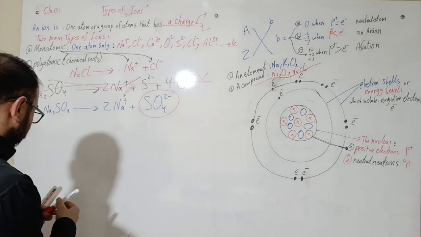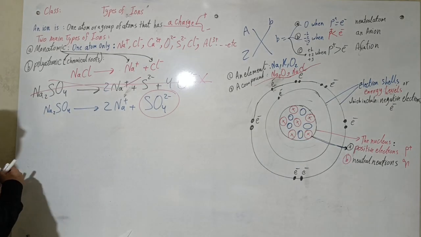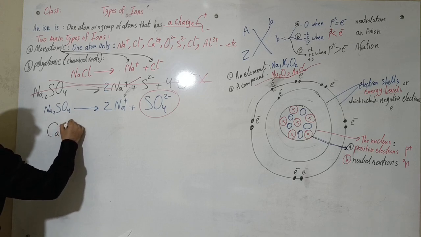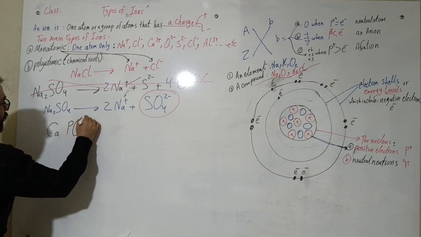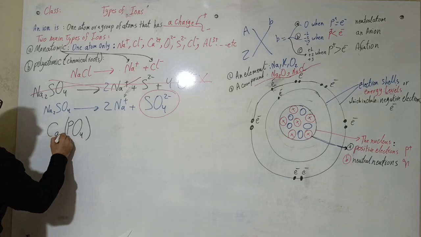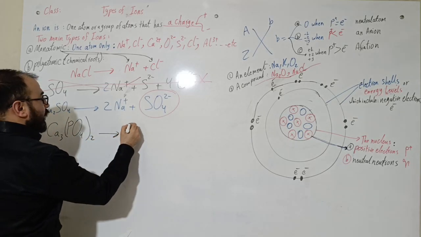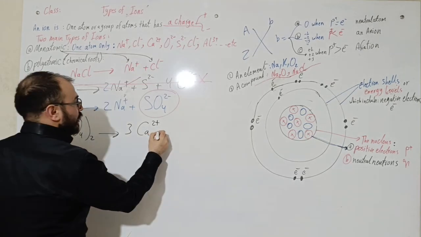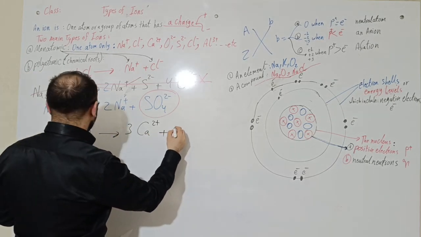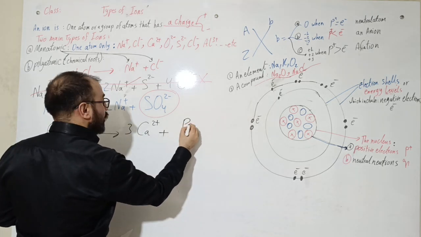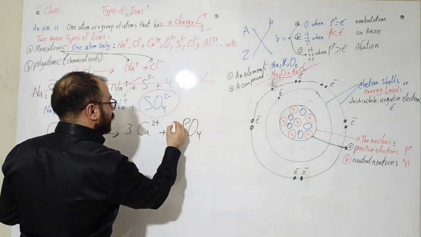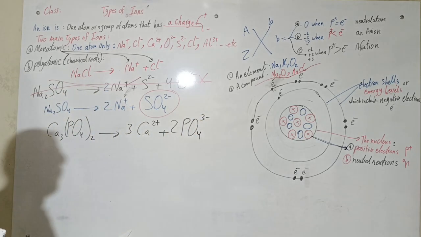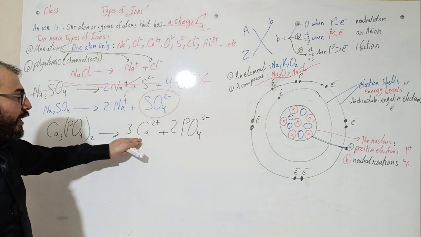Another example for this was calcium phosphate. Here we see that calcium separated into 3 calcium monoatomic ions and 2 polyatomic ions of phosphate. Again, a monoatomic ion is made up of one atom,